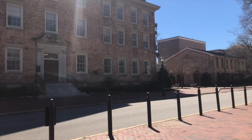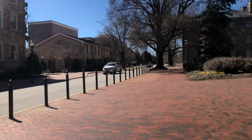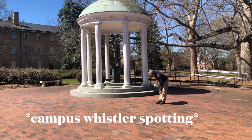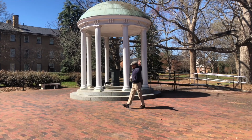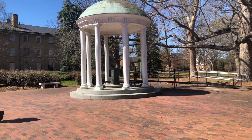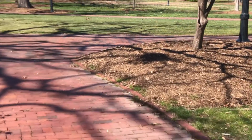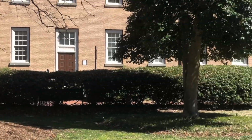And right behind is South Building, which is basically the academic administrative building, so the chancellor's office is there, etc. The Old Well over there basically separates the two main quads, which are Polk and McCorkle. This is McCorkle, and surrounding are some academic buildings, but this is Old East, and Old East is a dorm,